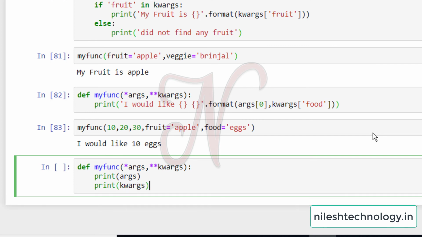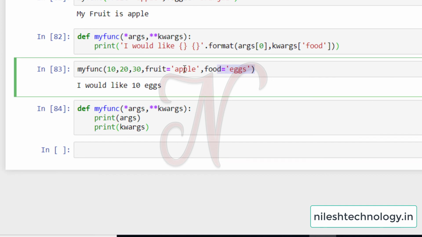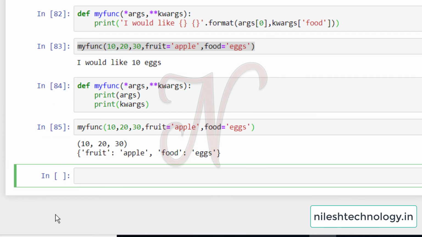See here what is the output. Same calling here, copy paste. See here, my output is that 10, 20, 30, these are the args parameter, and fruit apple, food x, these are the kwargs parameter. So here tuples and dictionary both are printed.